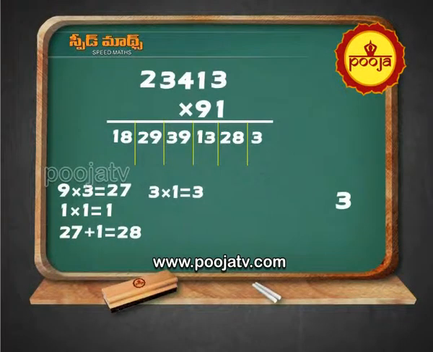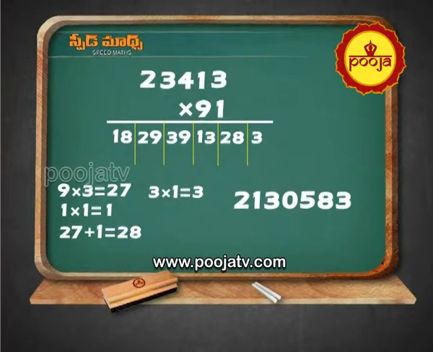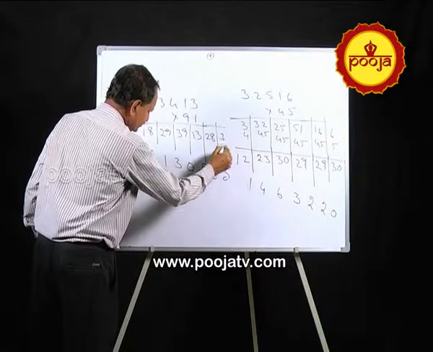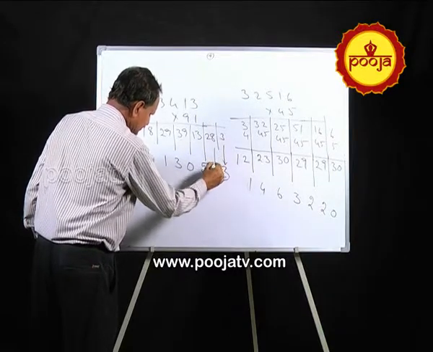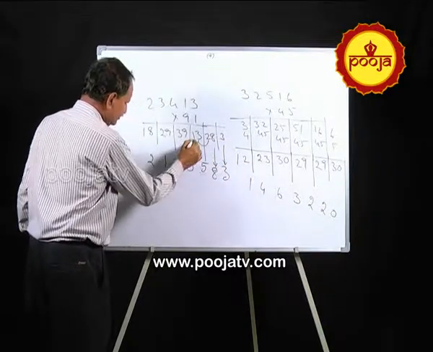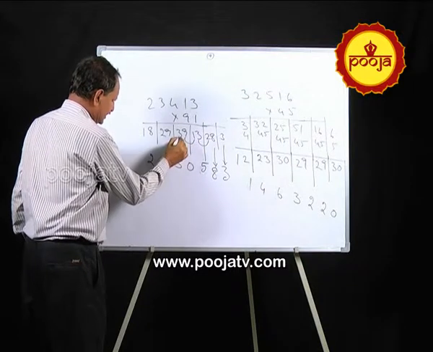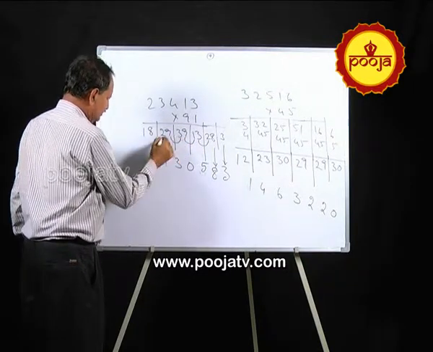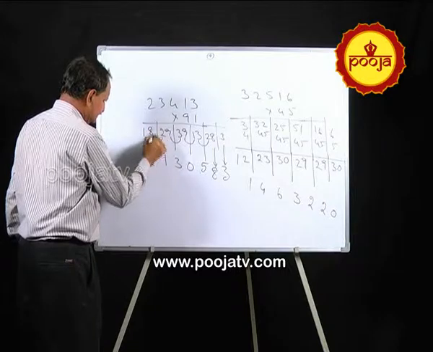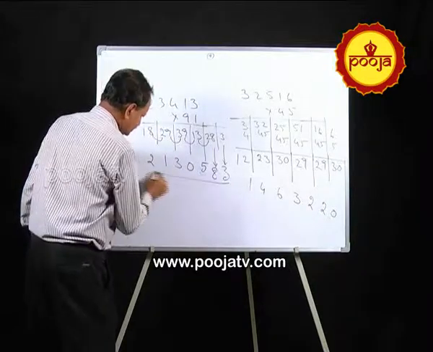Then check 3, 8, 2 plus 3 6, 9 plus 1 10, 4 plus 9 13, 3 plus 8 11, 1 plus 1 2. Okay, 3, 8, 2 plus 3, sorry, 2 plus 3 5. This is 2 3 8, and this 2 plus 3 5, and 1 plus 9 10, 1 carries, 4 plus 9 13, 1 carries, 3 plus 8 11, 1 carries 2. So, this is the answer.